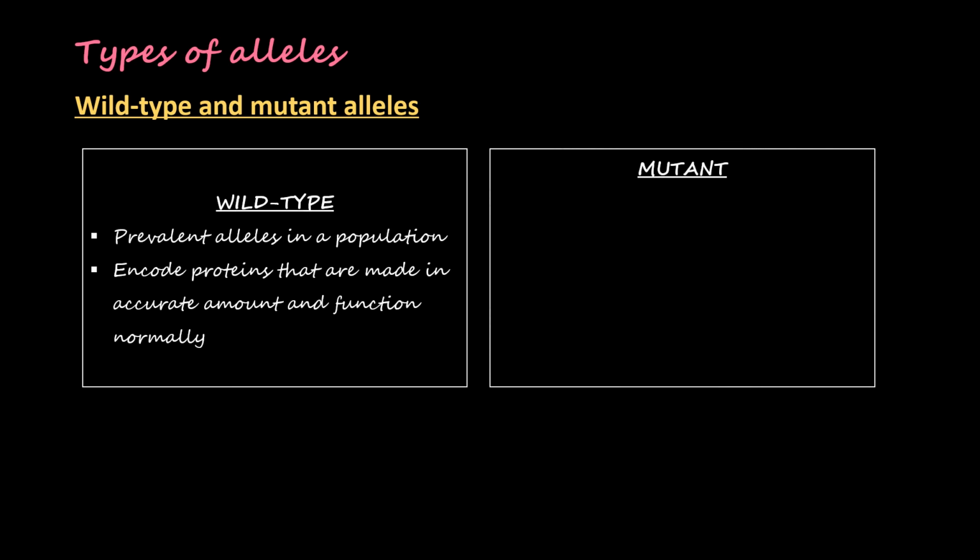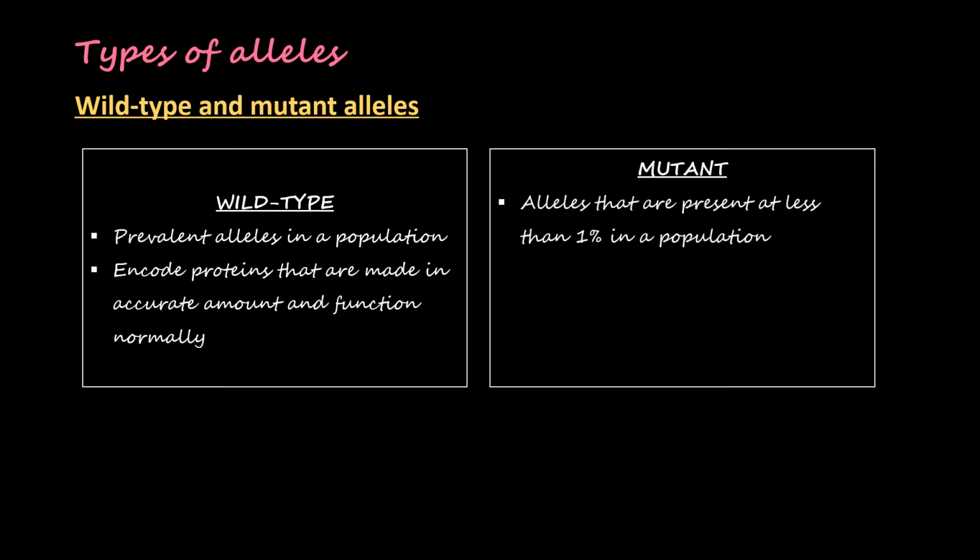So if we have a population of birds where the beak color is red, all the birds will have a red colored beak, provided there are some birds which have an orange colored beak. So the possibility is that there is a mutation in the gene coding for that color of the beak in those birds which are showing orange color.